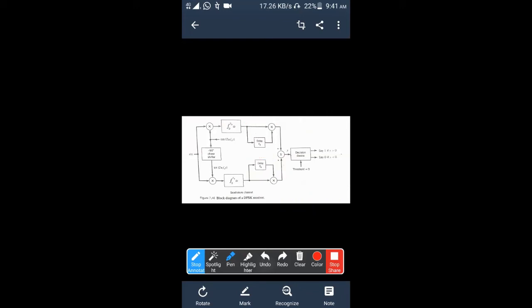Now think that inside the delay, cos theta is there. Inside this delay, minus sin theta is there. Next symbol comes from x of t. That is the second waveform. That waveform undergoes the same process here. It will come to this multiplier. So at the multiplier, two inputs are there. One is the second waveform coming from here.